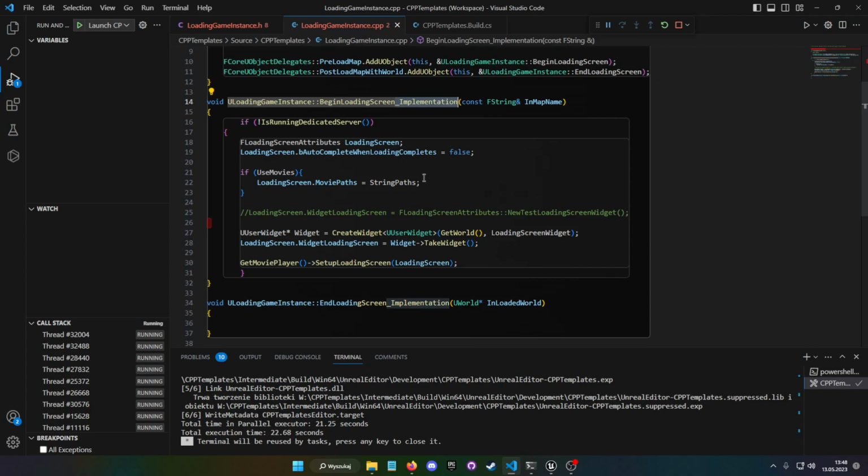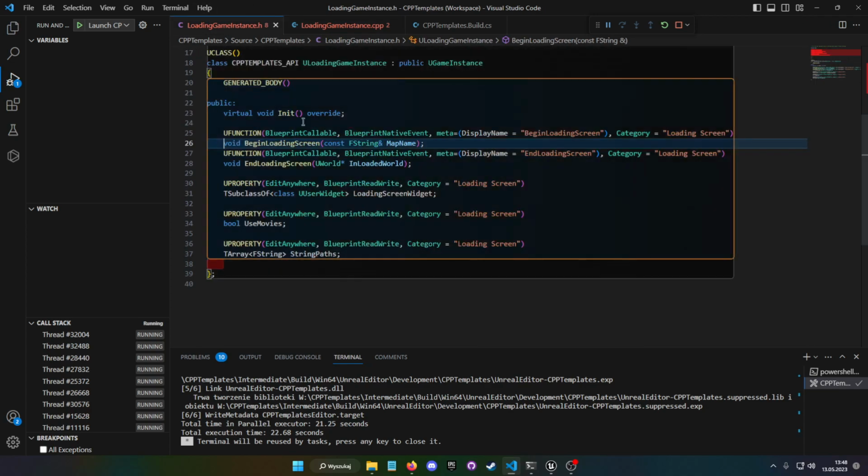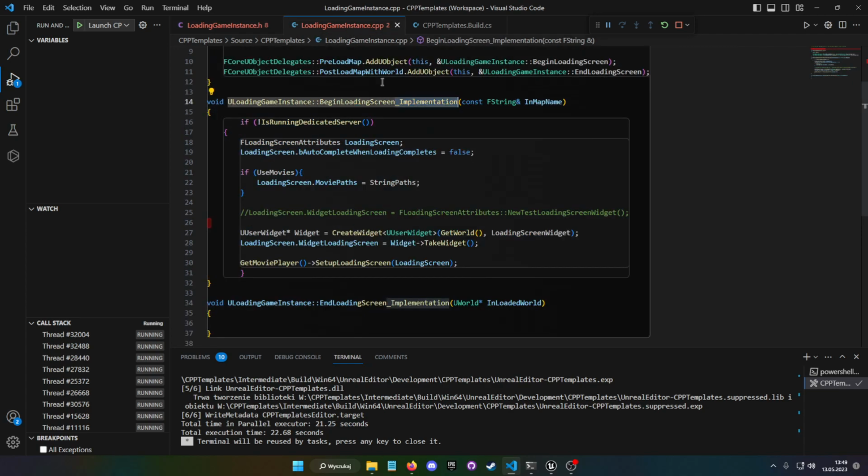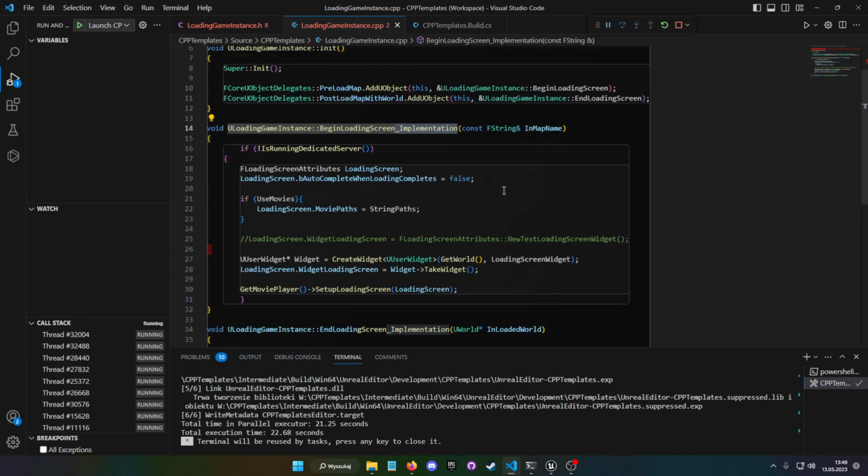Normally in C++, virtual means that it can be overridden, but in Unreal C++, since it's meant to be used with Blueprints, you just add BlueprintNativeEvent, and that means that the function can be overridden, and you have to add _Implementation to the end of the function.